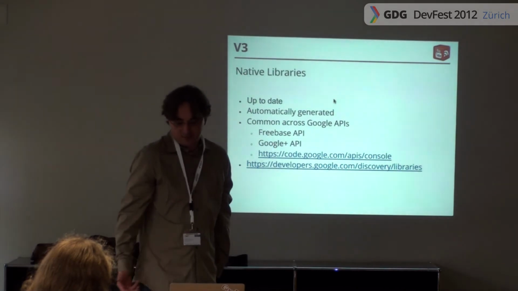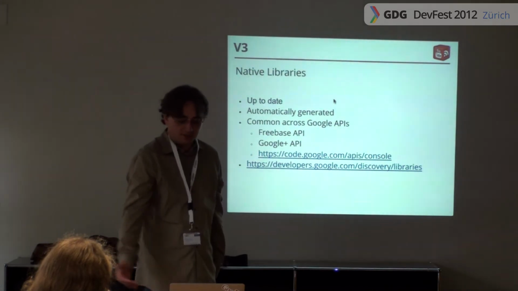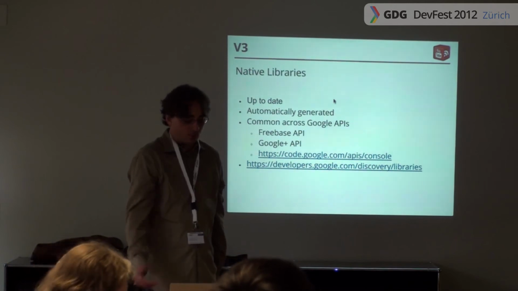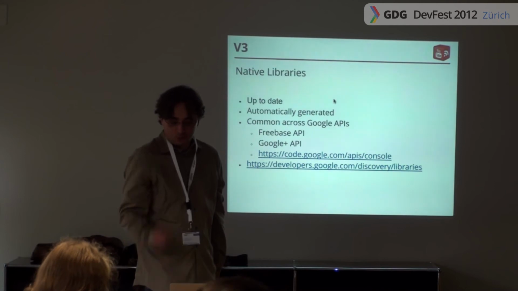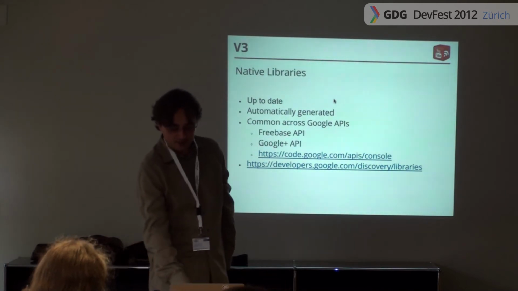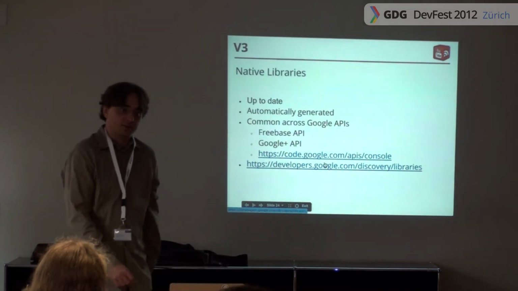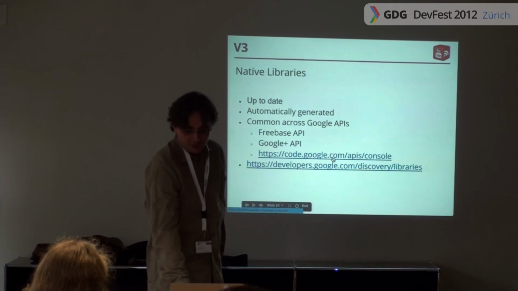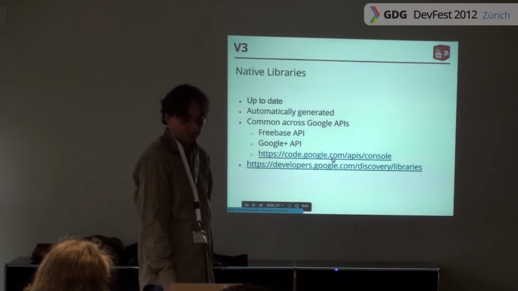And the really cool part is that you can now reuse them. They're all compatible between the several Google APIs, so you can use the same authentication for them. Examples are Google Plus API, Freebase, and many others you can get from the console. And actually the console is the place to go to start with. This is the place where you go to get your developer key and to start experimenting with the API.